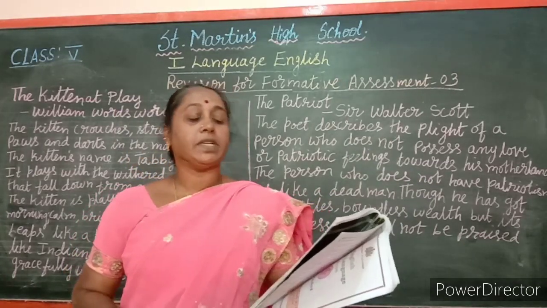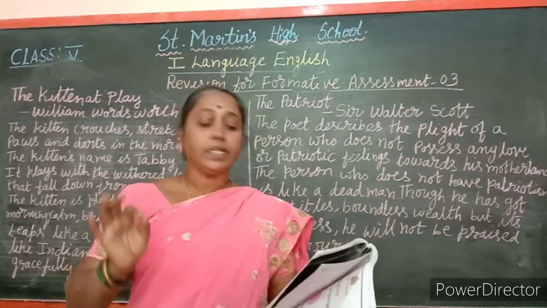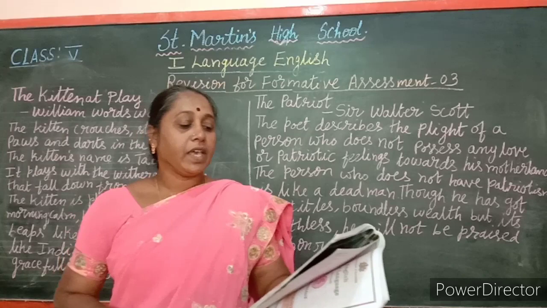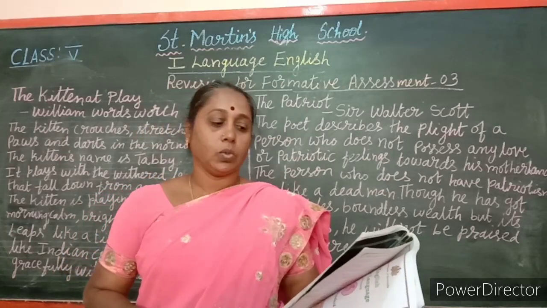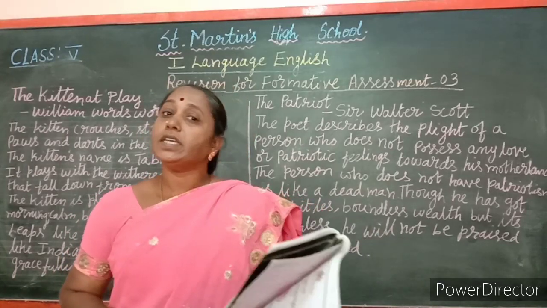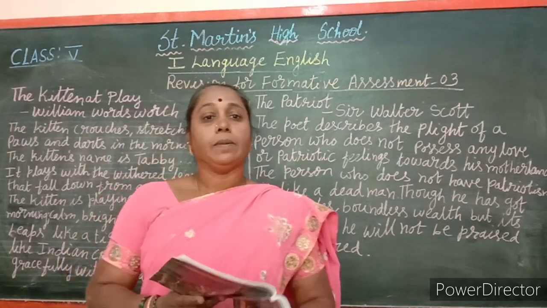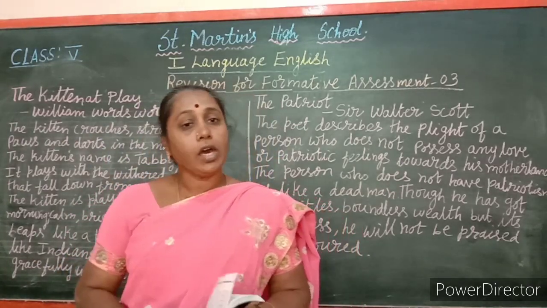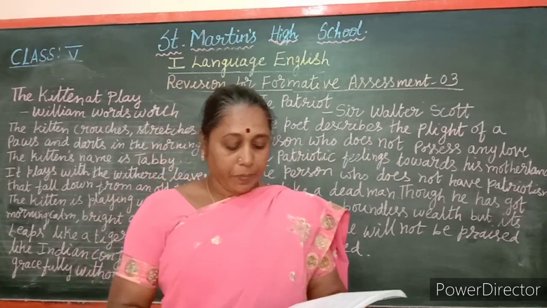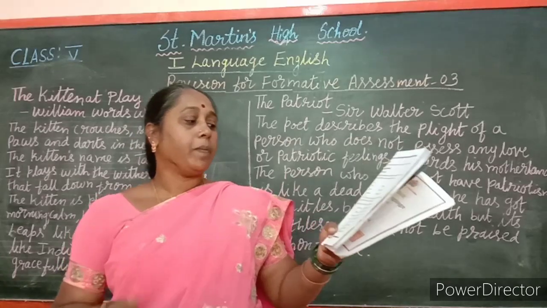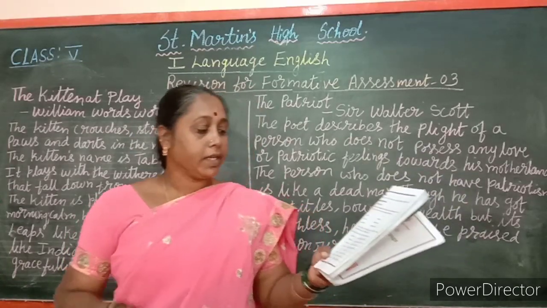For example, the bus leaves dash 8 a.m. At 8 a.m. Between 9 a.m. and 1 p.m. they will be dash the school. They will be in the school. So like this you have to fill these blanks and you have to learn for your test. And then come to page number 77, children. Here some nouns are formed by adding ION or TION.